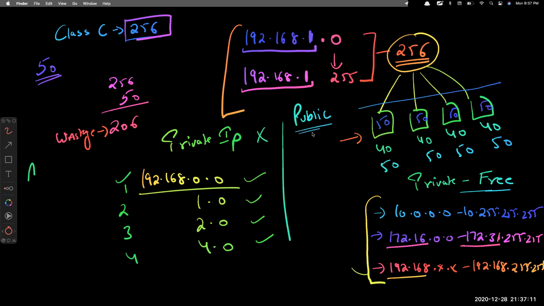a public IP. So you can do one thing. If you have a Wi-Fi router or Wi-Fi device at home, you can connect all your computers and check if they are all pinging together or not. And you can disconnect the internet cable from your router and still check if they can communicate with each other or not. So they will communicate with each other. So that is my private network.